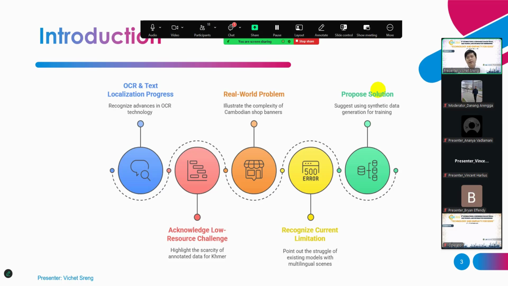In Cambodia, a common real-world example is a shop banner that displays both Khmer and English text, with different font sizes, alignments, and often extra elements like phone numbers, logos, slogans, etc. The problem is that models trained mainly on English perform a little bit poorly in this kind